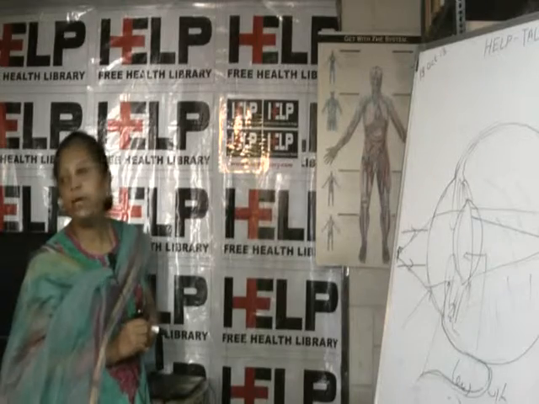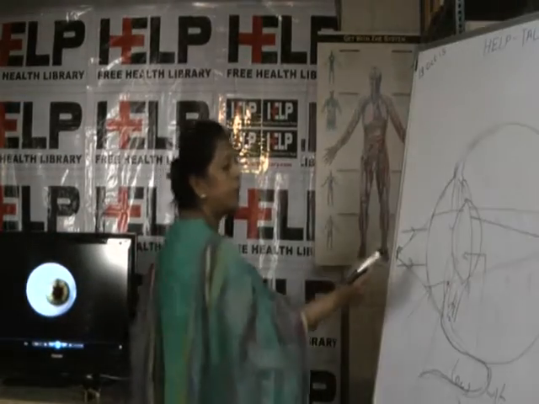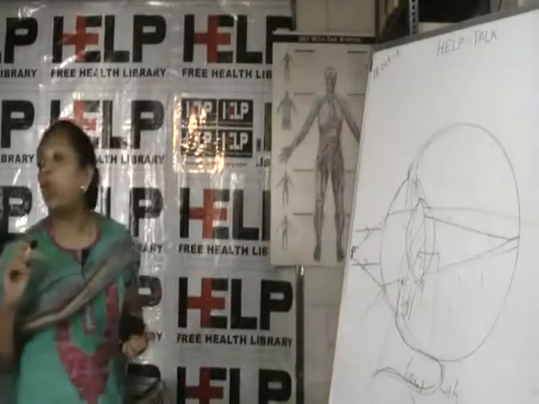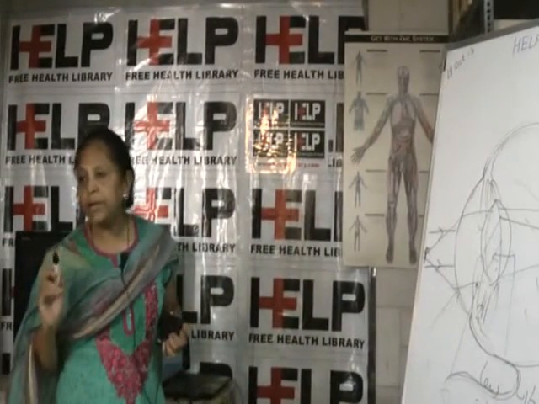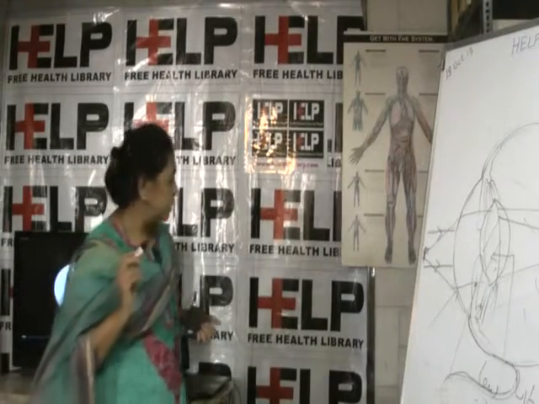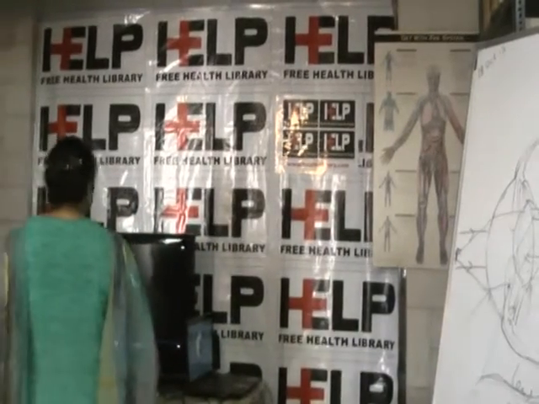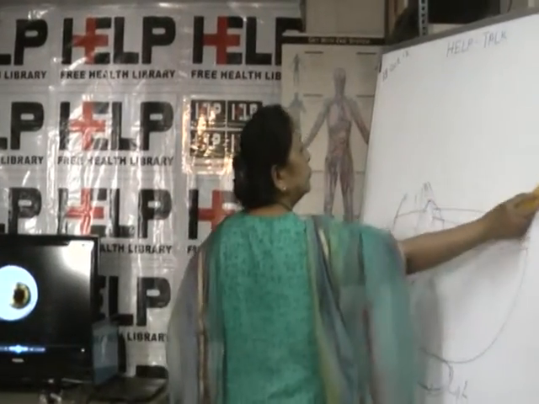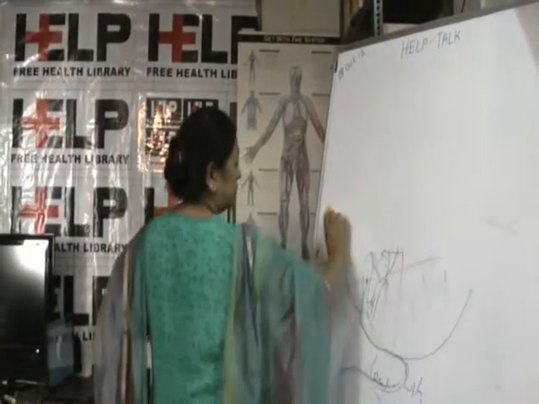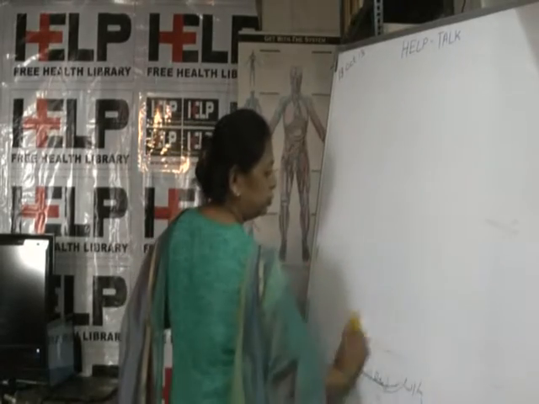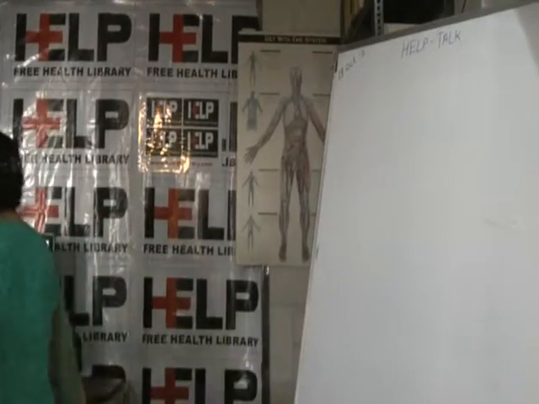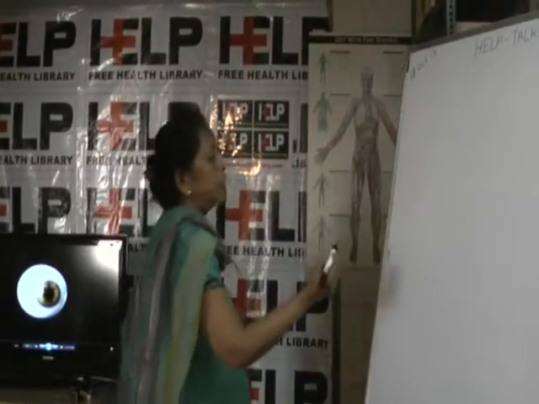Now we would like to talk about what is a cataract. This transparent lens, when it becomes opaque, that is a cataract. Okay? That is a cataract. Now we should know the causes of cataract and the types of cataract.